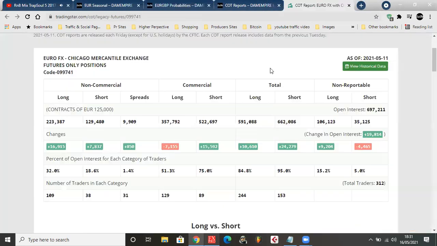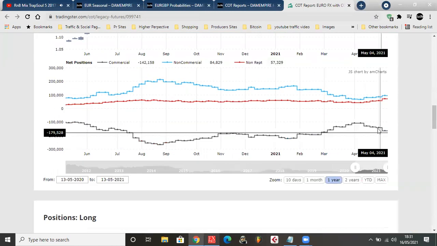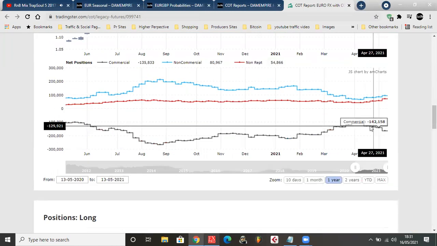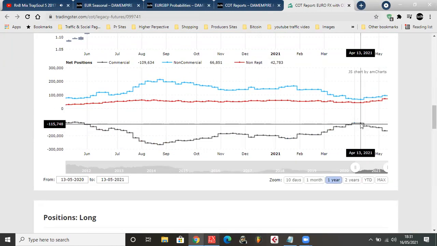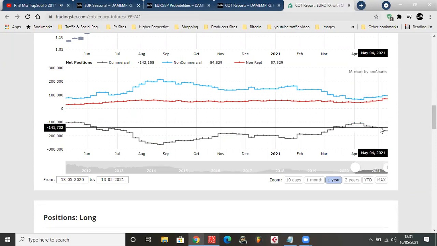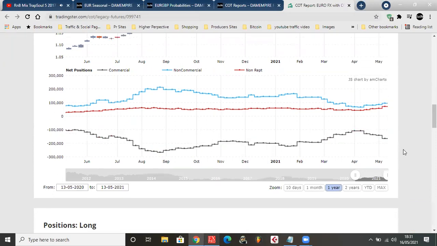But looking at these guys, this is a massive swing to the downside. Let me check. Yeah, this is more than the normal step. They've been coming down in steps with Euro. They came down heavy right here. They came down in steps for like 3 weeks straight, and then they came down heavy again.